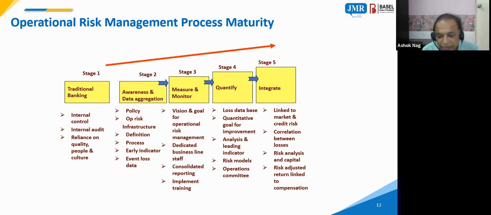So it is not necessarily that operational risk and credit risk are separate. You require a holistic view of these things, and you need an integrated risk management process. You must have credit risk, market risk. When operational risk or credit risk happens, you must also understand whether there is any operational failure. Why is a particular product in a particular region becoming much more NPA?